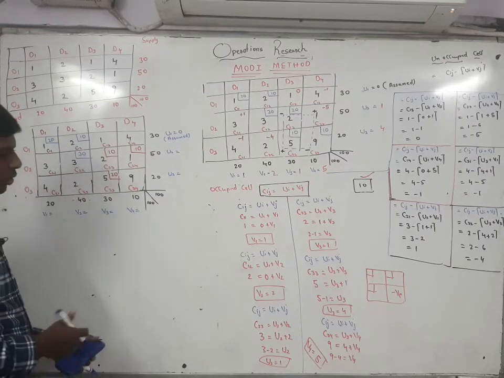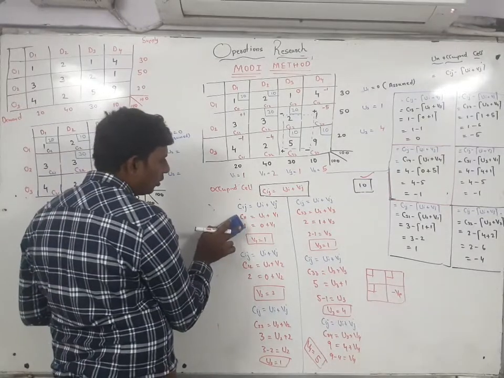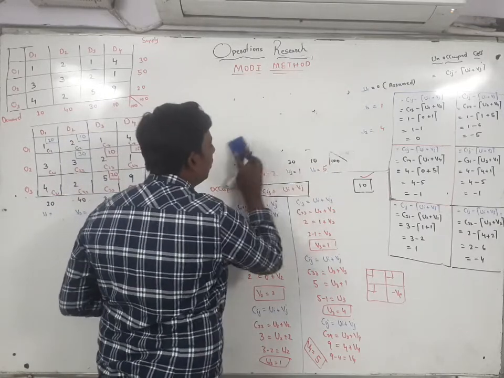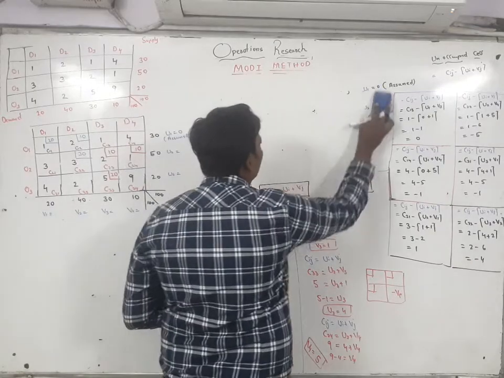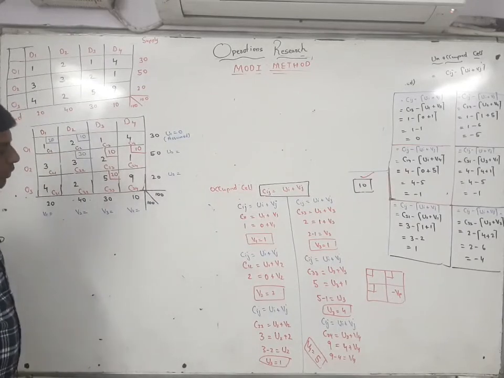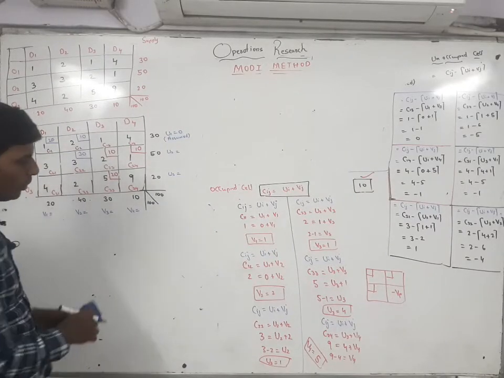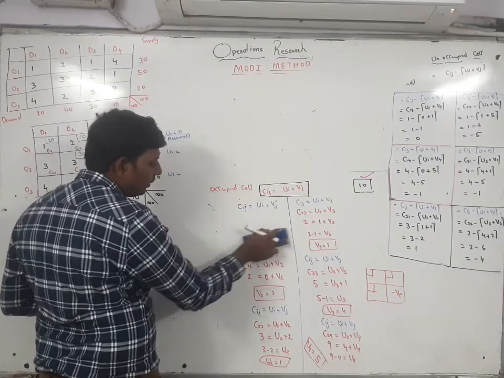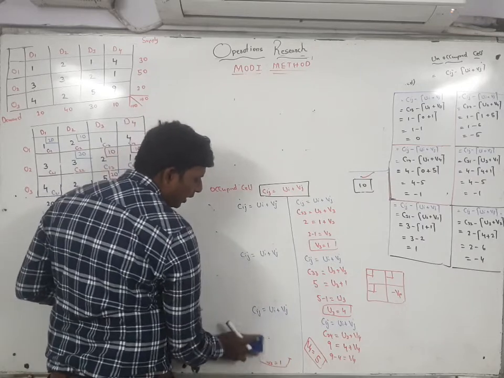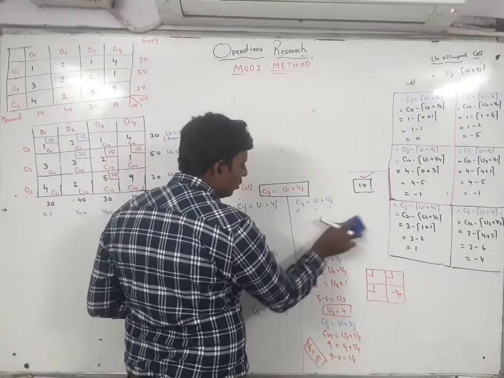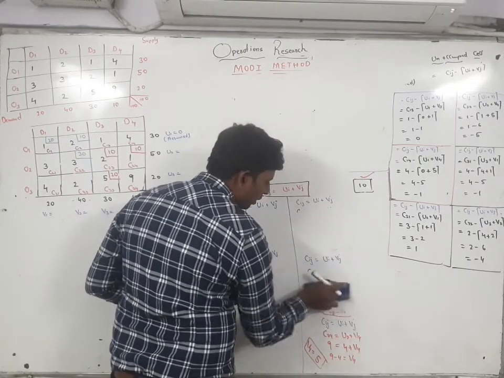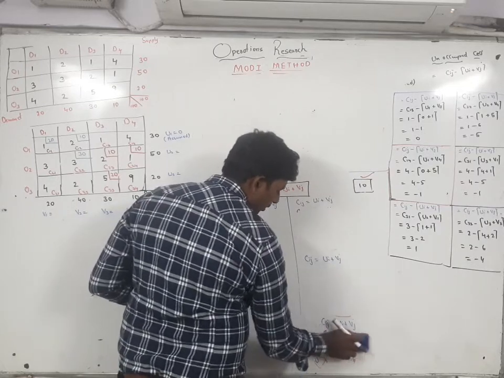Again you have to solve. I already wrote here the occupied cell formulas, and the unoccupied cell formulas also. So in that only I will solve, so I will get the new values. So here I am solving for occupied cells and unoccupied cells. First I am solving for occupied cells, then for unoccupied cells. Here this will be changed, here this will be changed. Total how many occupied cells are there? 6. How many unoccupied cells are there? 6. So 6 occupied cells and 6 unoccupied cells are there, as you can see here for easy understanding.